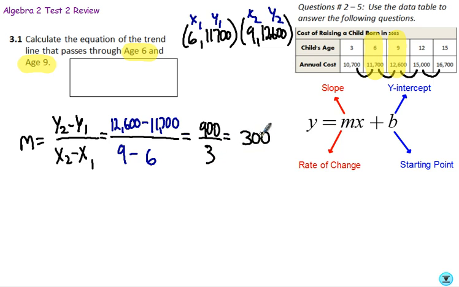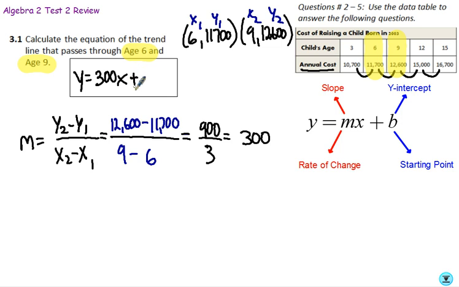So what that means is that the cost is going up by, or at least, looking at these two numbers, is going up by $300 per year. So that would be our rate of change, is that it's going up. Because see, the table jumps from 3 to 6 to 9. So yeah, I could say over 3 years it went up by 900. But what I'm looking at is, again, an annual cost. Well, the annual cost would be 300. So my rate of change here is going to be y equals 300x